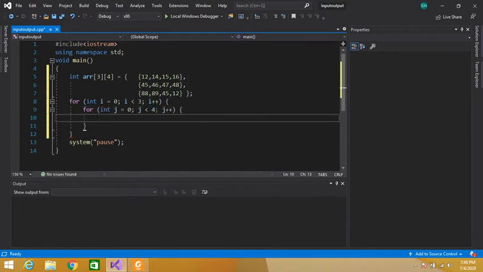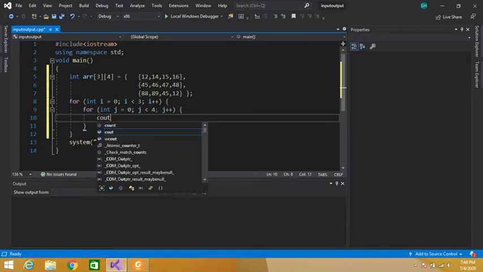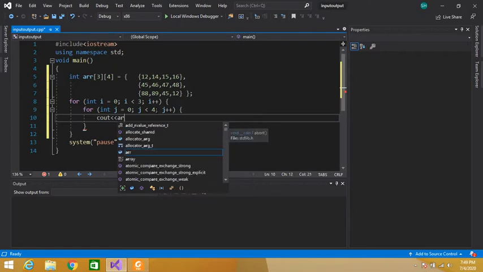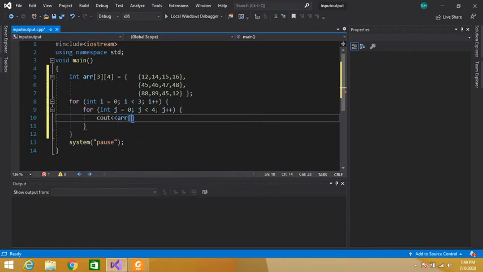Now we can simply display our array on the console window. cout, name of our array, that is here. Then first is i, the row index, second is j, our column index. And here we can write \t.